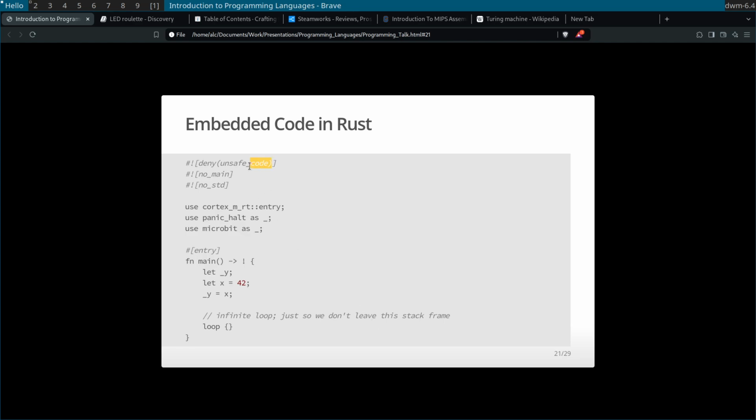So one thing to note here is that Rust is a very memory safe language, but you can tell it, hey, don't tell me that I'm doing unsafe stuff because I don't want to hear it. I'm on an embedded system, which means I'm going to have to do some non-standard stuff that would normally be written on a normal computer. And then no standard library. I don't know what this no main does because we still have a main here, so I would have to look at what no main means here. I guess there's a not operator here and the not operator there, so I'm assuming that's what it's doing.